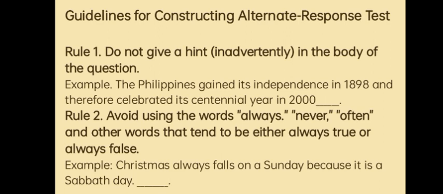Rule number 1. Do not give a hint in the body of the question. For example, the Philippines gained its independence in 1898 and therefore celebrated its centennial year in 2000. Obviously, the answer is false. Why? It is because 100 years, or the centennial year, from 1898 is not 2000, but it is